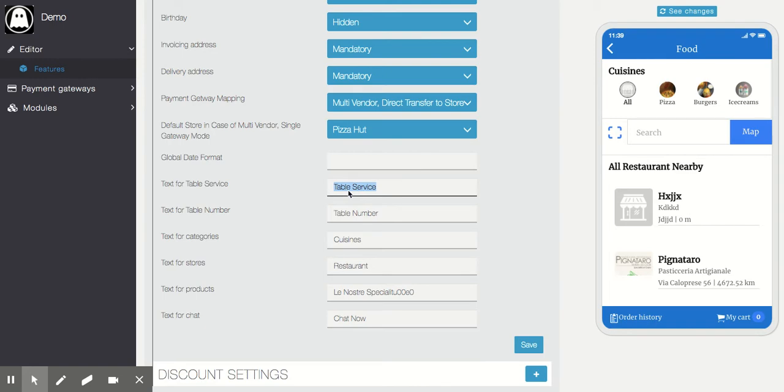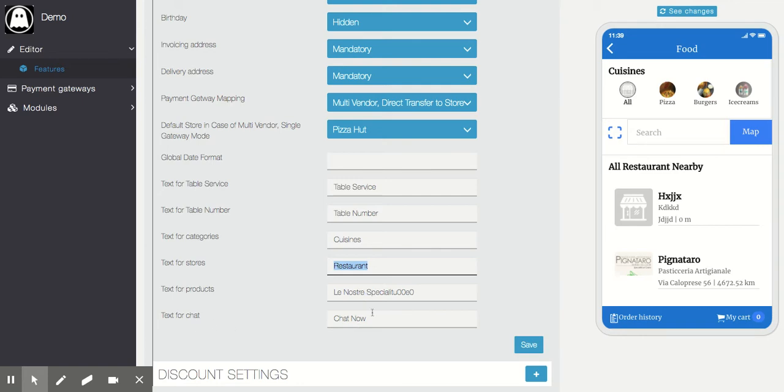We try to keep this model flexible so that it can be used for multiple purposes, and we are going to add many settings. It is complex by design, but for the user it is not complex. Once you set up, for the user it always remains the same flow, but it changes the behavior internally. Categories you can mention anything, store you can call anything, and for products, instead of products I may want to call it menu, or my products, whatever you want to show.